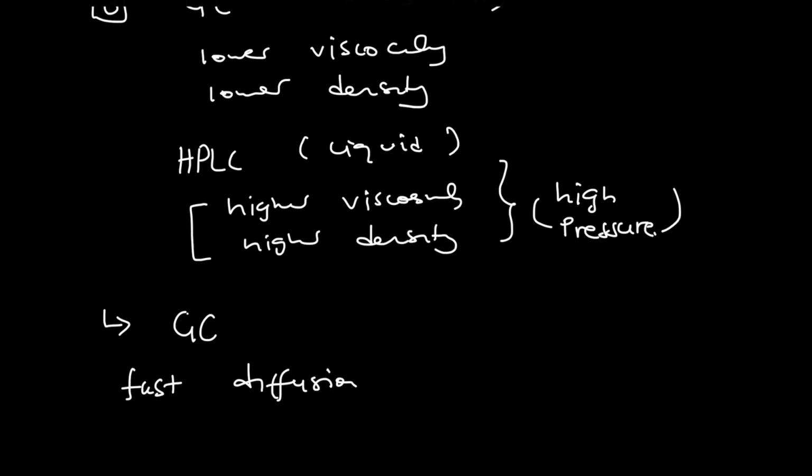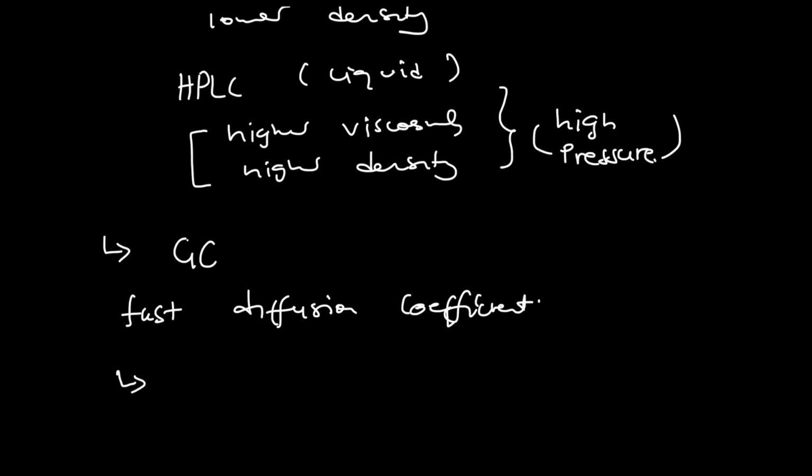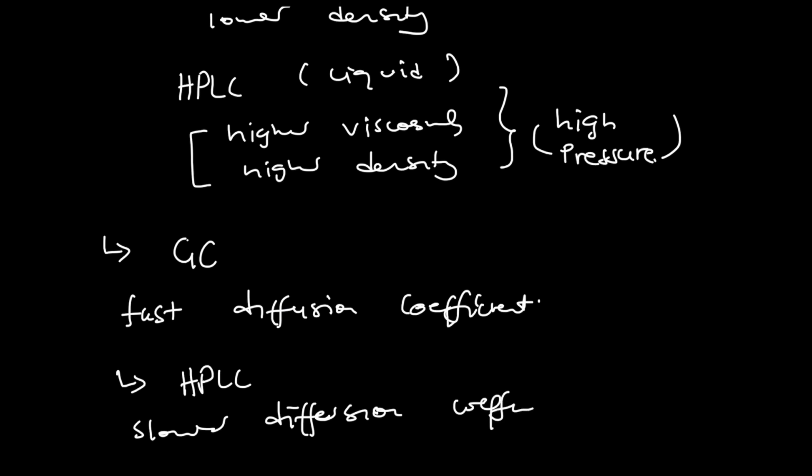There is going to be a fast diffusion coefficient, right? Because these molecules are in a gaseous mobile phase compared to HPLC. In HPLC, the diffusion in a liquid mobile phase is going to be slower. In this case, we're going to have a slower diffusion coefficient. As a result of this,